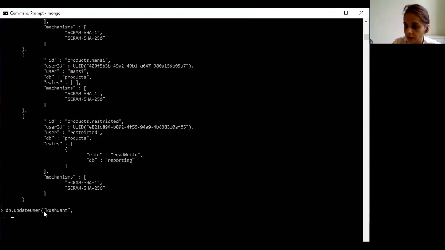Then after that we can specify the data, like if we want to change his roles, then we can do it with the help of roles colon, and specify the roles. Suppose we want to assign him the role read.